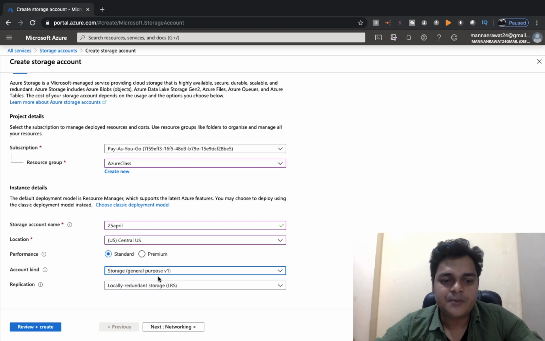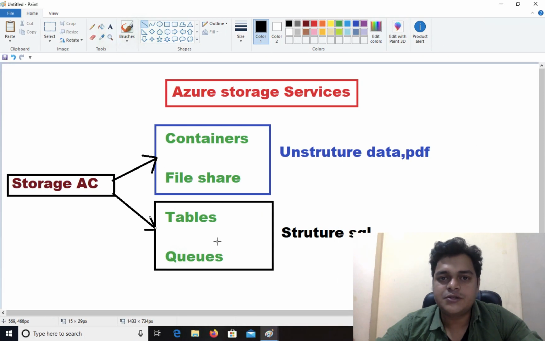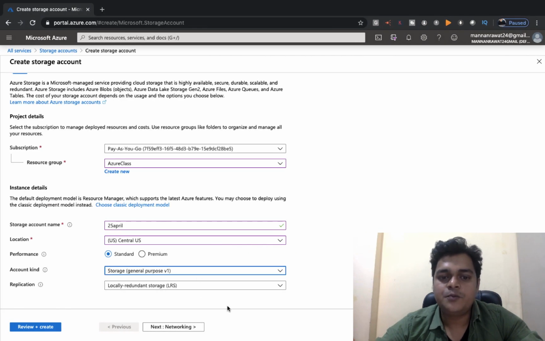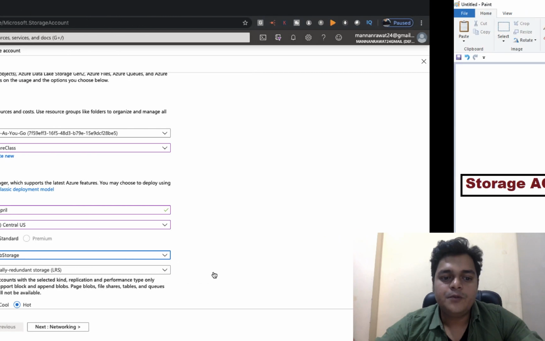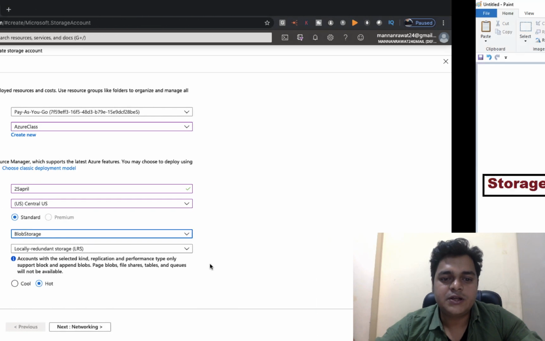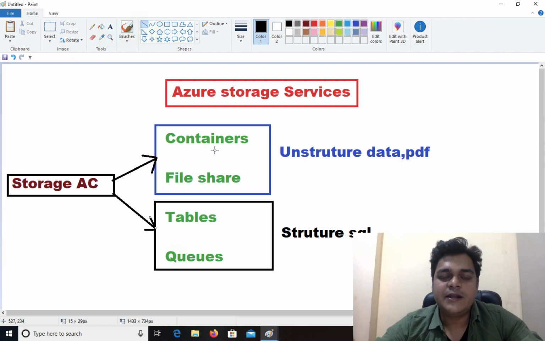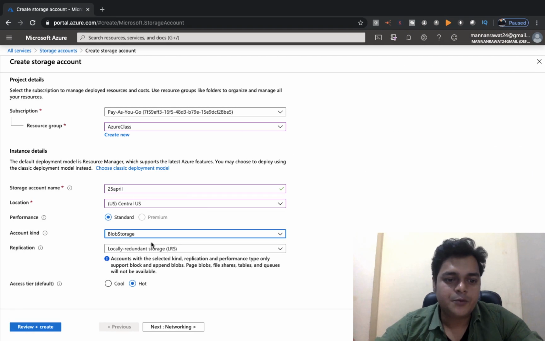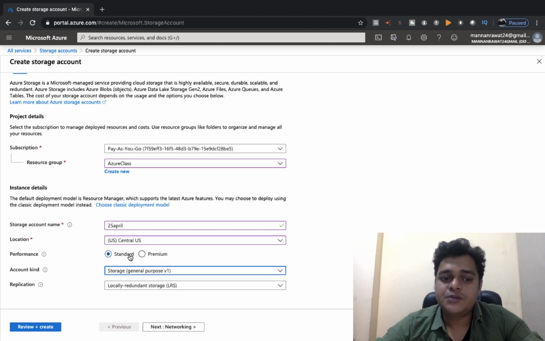If you proceed with general purpose 1, you will get four options. The difference is you are unable to put your live streaming data under the storage account. And if you proceed with blob, you will get only one option, only the container option. The rest of the options are not available in your storage account if you proceed with blob storage. So as a better practice, I'm going to proceed with general purpose, because we are planning to configure all the steps, all options, all services available in a single storage account.